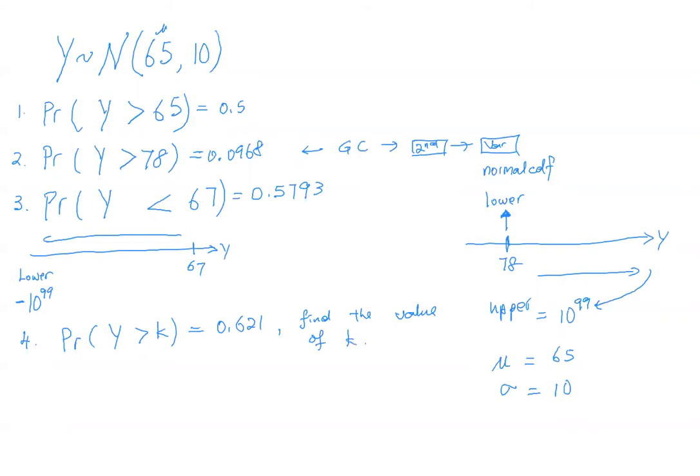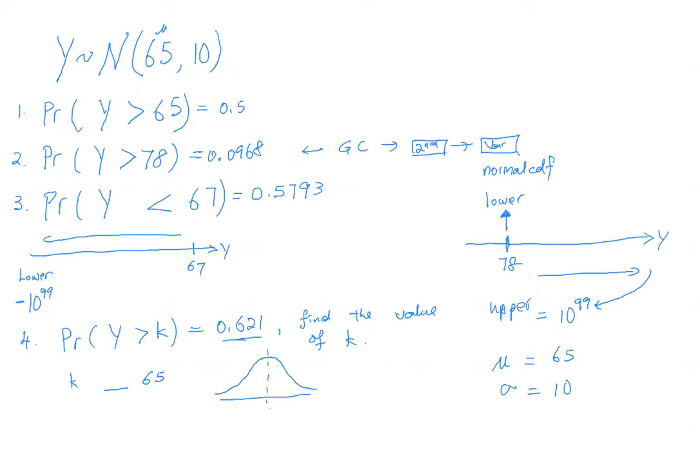Do you think you can? Can someone give me a possible value for k? You tell me k. Is k more than 65 or less than 65? Less. Why? Because of this probability, correct? Yes. If I draw the bell shape,